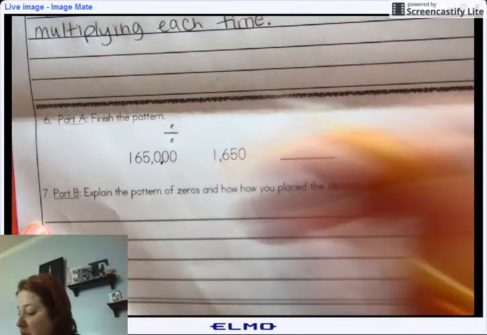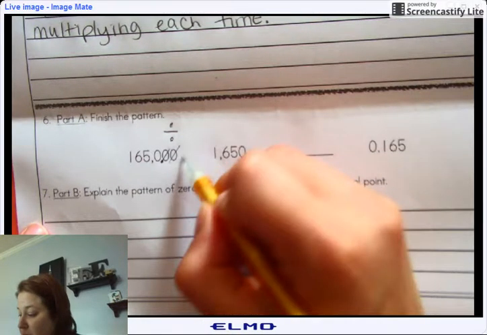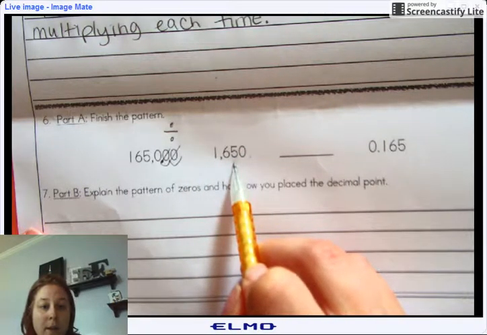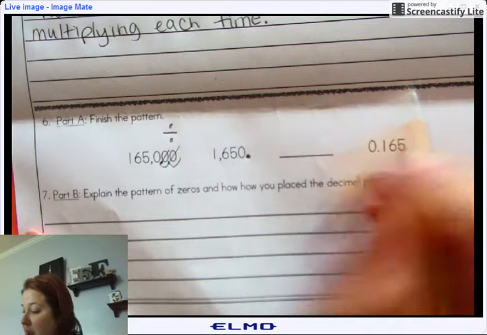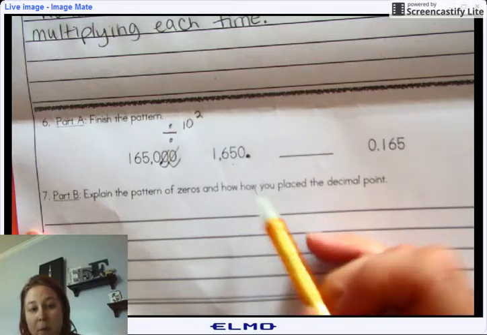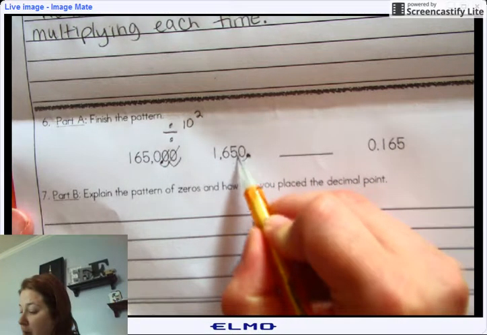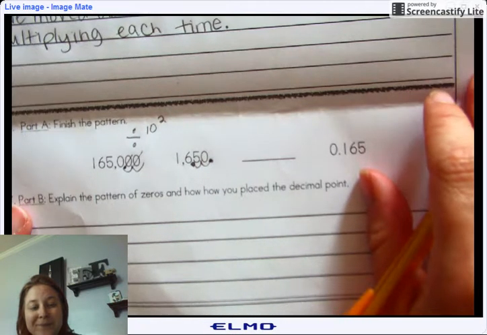So in order for me to do that, looks like I'm dividing by 10 to the second. 1, 2 gets me this answer here. So that means if my decimal is now here, I'm going to have to divide this by 10 to the second. 1, 2, giving me